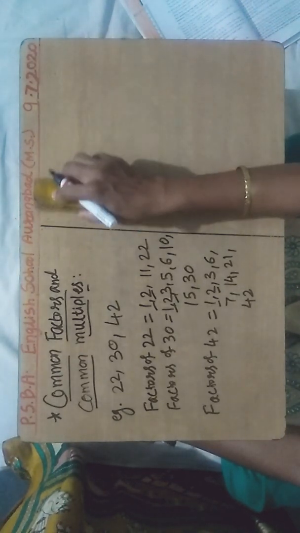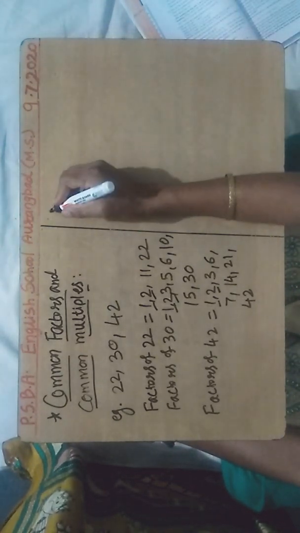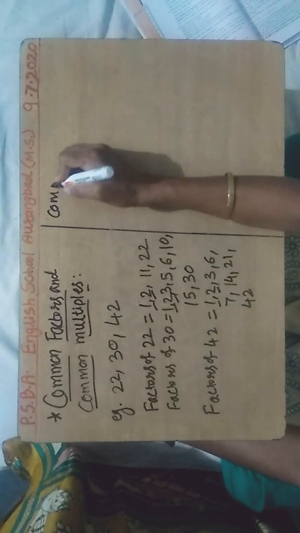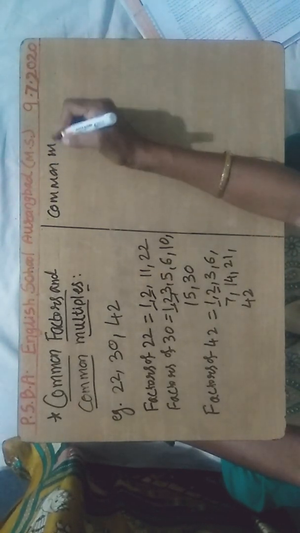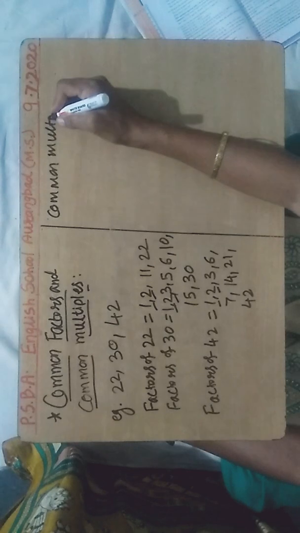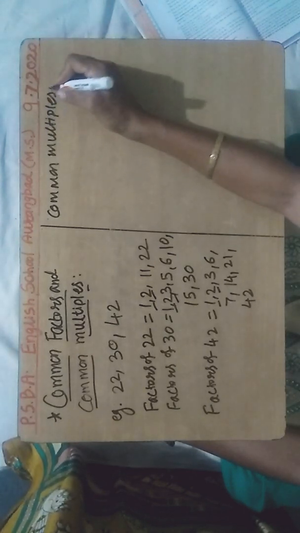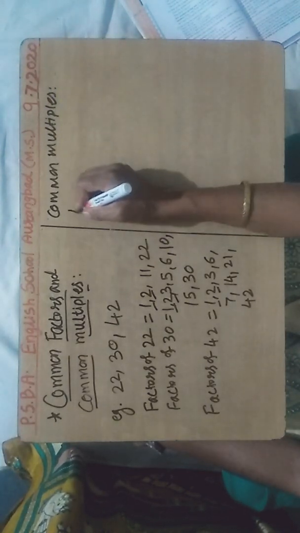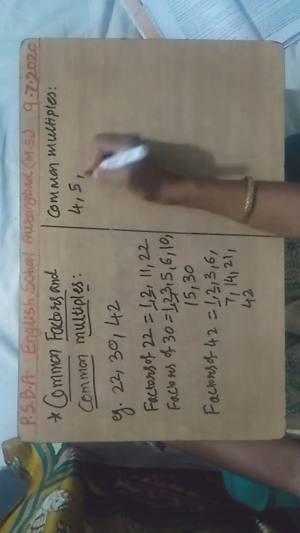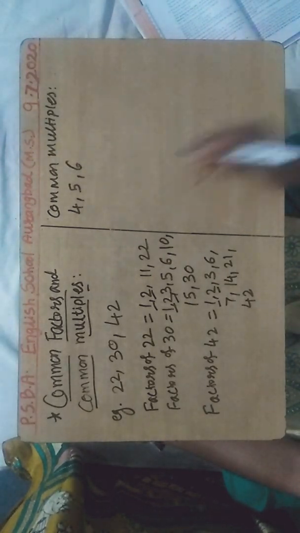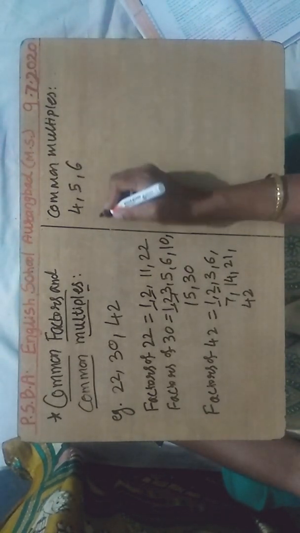Suppose the numbers are 4, 5 and 6. So first we will write the multiples of